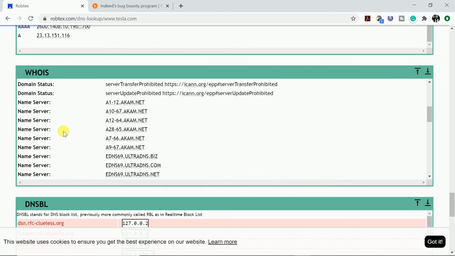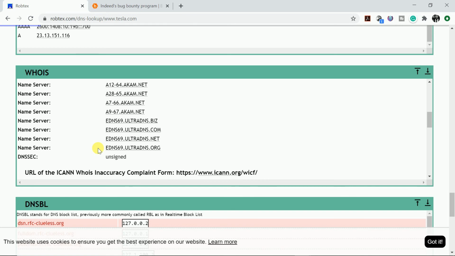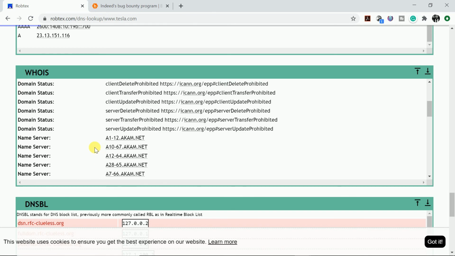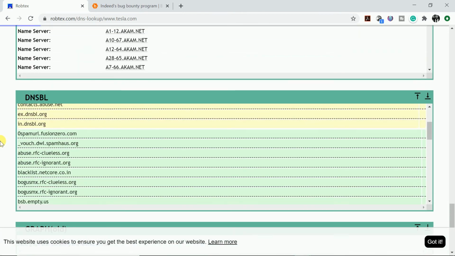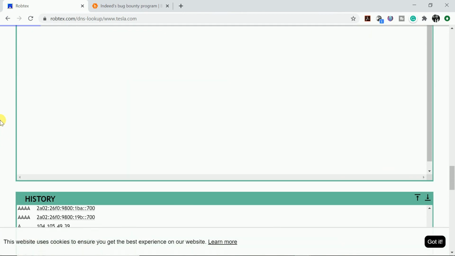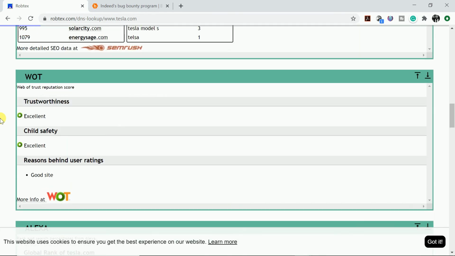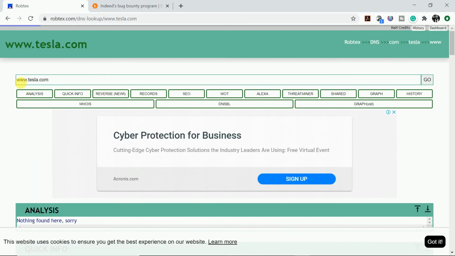now you can see here how many name servers are used. 1 2 3 4 5 6 7 8 9. Okay, so 10 name servers are used, and you can see all the information here. And again, we don't have the graph for it. I remember that for some website I had a great graph there. So let me try. I think that it was some college.